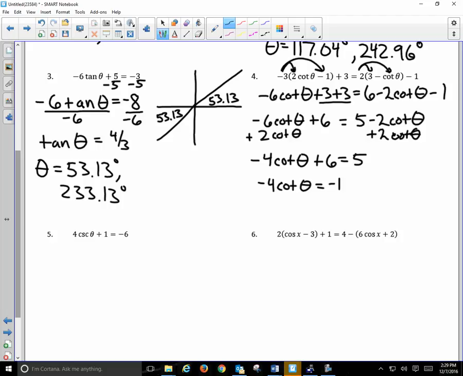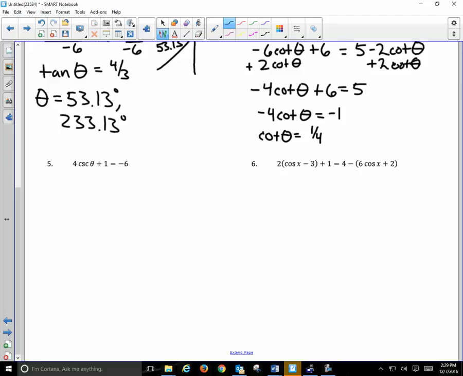And divide by negative 4. Well, it was a little bit of work getting down to that point, but now we're here. I don't want to do cotangent equal to 1/4. I want to do tangent equal to